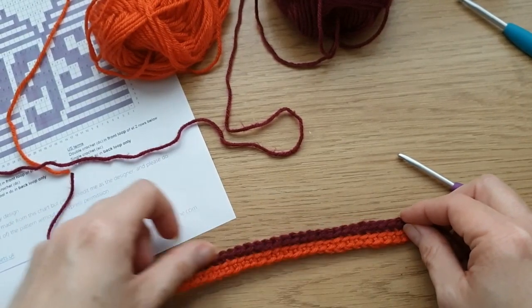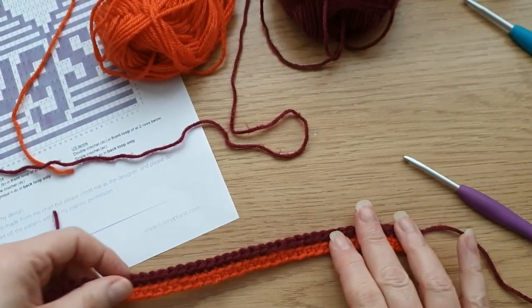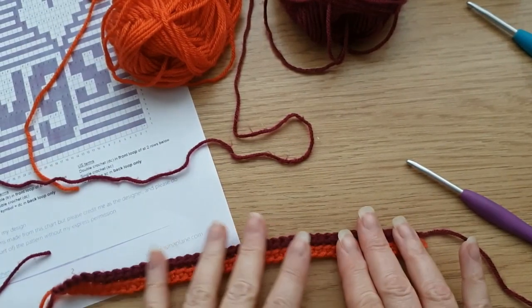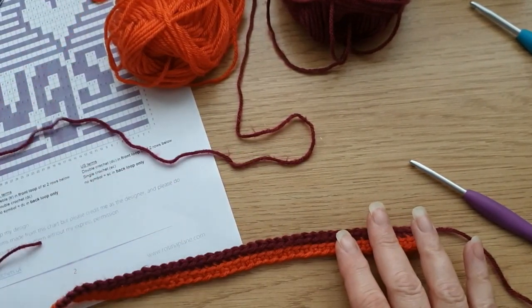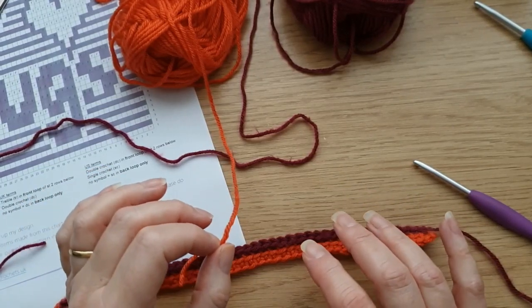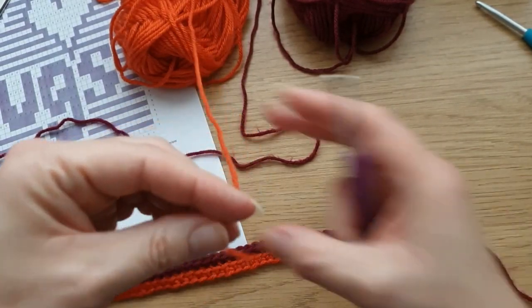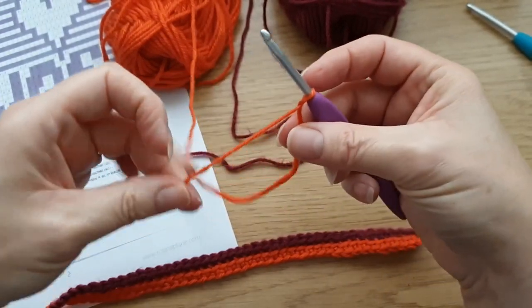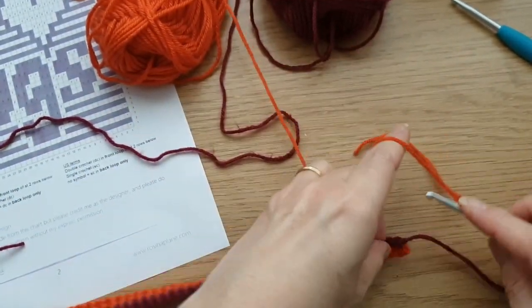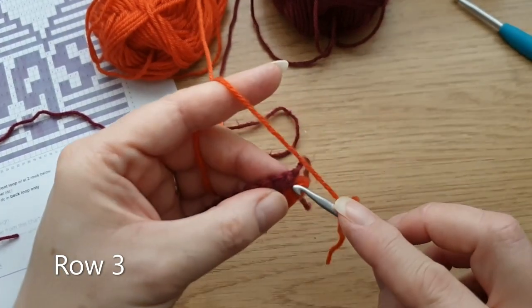Okay, so if you check the chart, you'll see row 3 is exactly the same. So we're now going to go back to our colour 1 and do exactly the same on row 3 as we did on row 2. So that means starting with standing double crochet, so there's the slip knot, double crochet